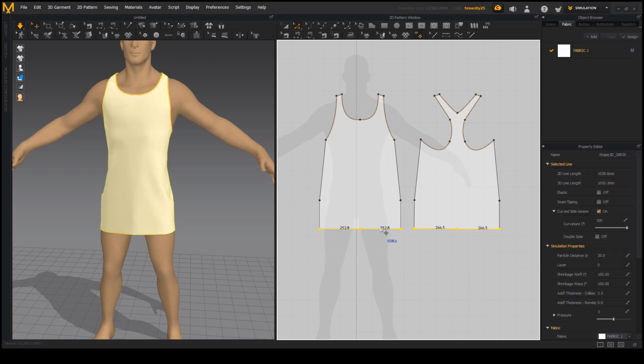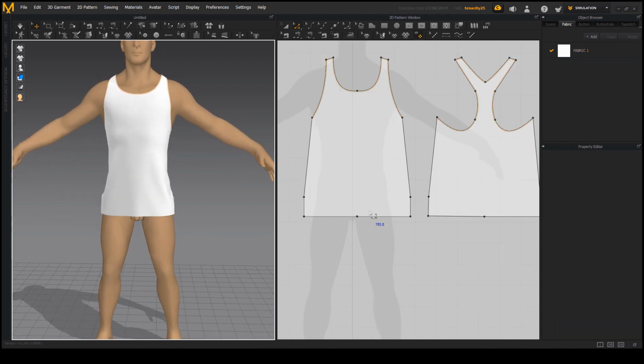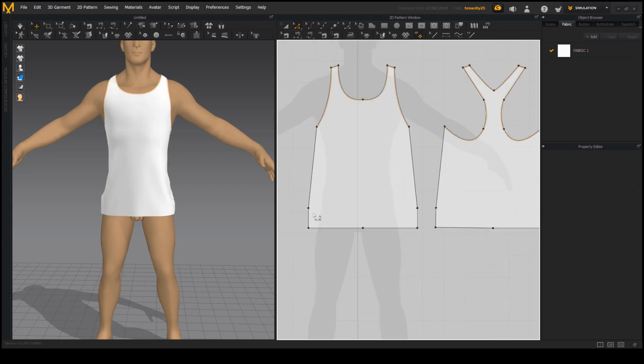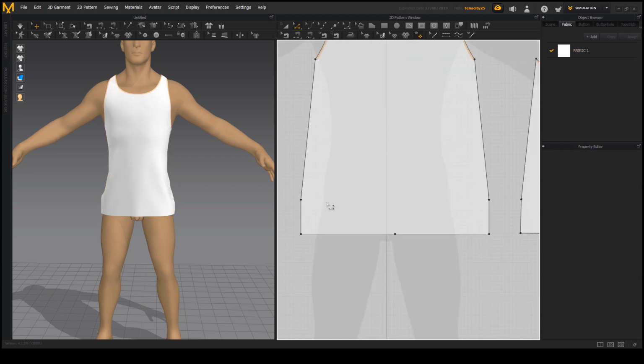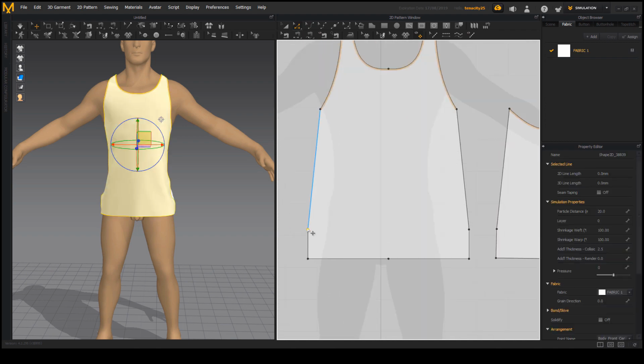Okay, so I want to go to my segment here, edit pattern, and I'm just going to select these segments at the bottom, hold shift and drag to move them up. All right, good. And what I want to do also is select these and move them. Apparently I cannot move them at the same time because it all goes wonky. So I could just move these individually. I'm going to select the point here, and click and drag up, and as I hold shift to keep it in a straight line,